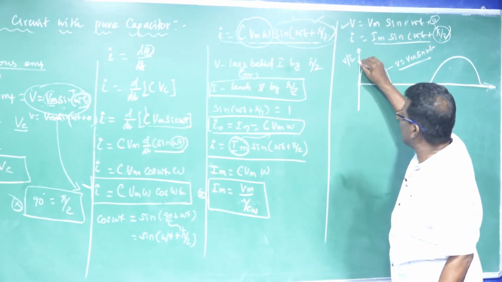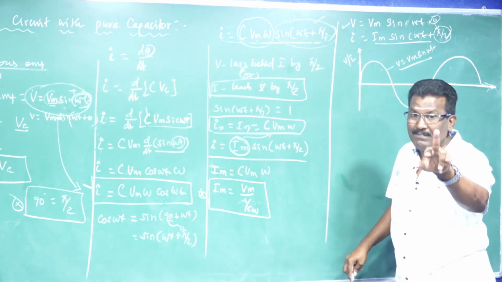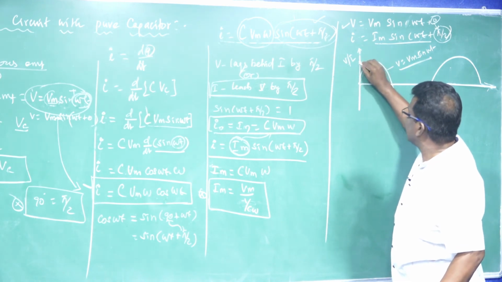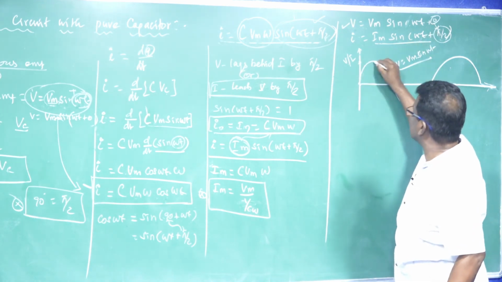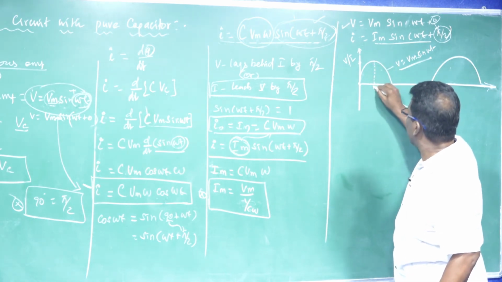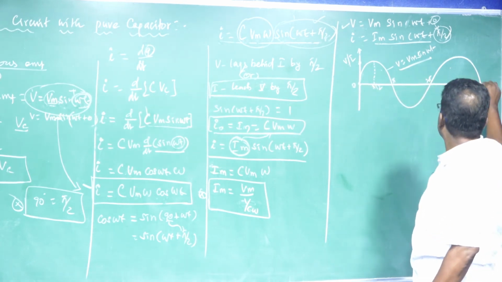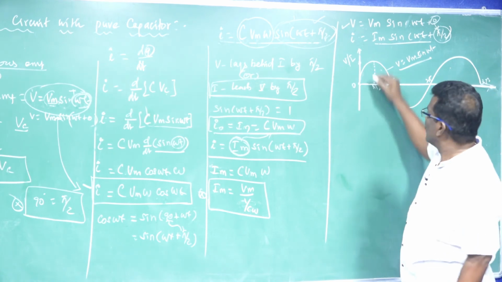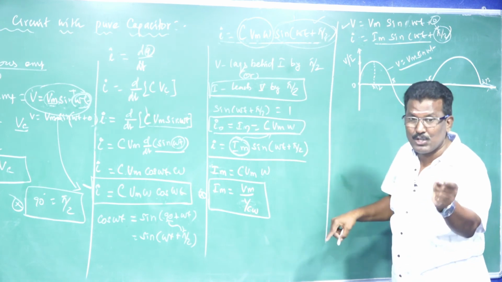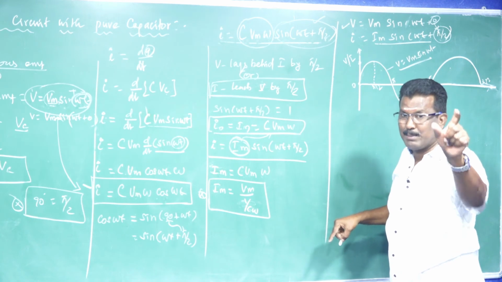So it starts from here. When time increases, the instantaneous voltage increases, current decreases. Always the phase difference at any instant is pi by 2. This is pi by 2. It is 0, pi, 2 pi. This is 3 pi. So when AC increases from 0 to maximum, EMF becomes 0, current maximum. At that instant, current maximum, EMF 0.